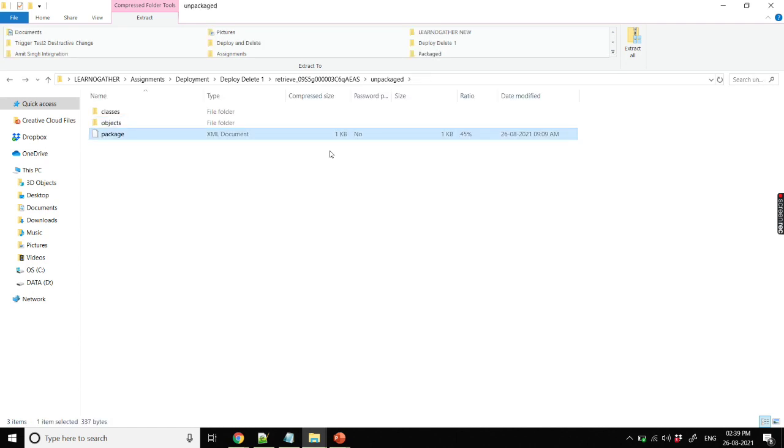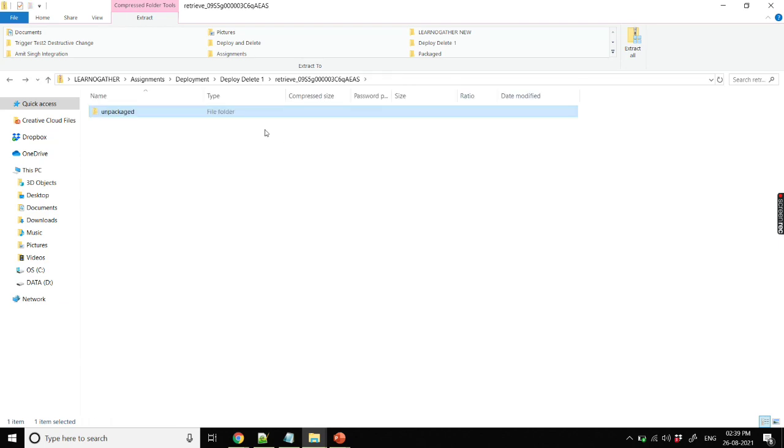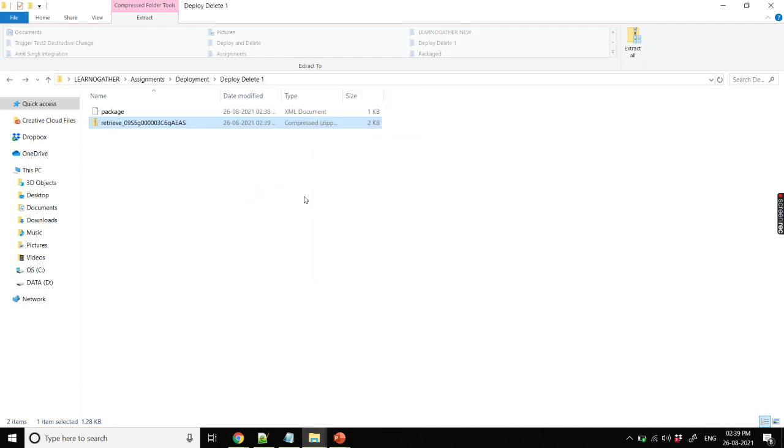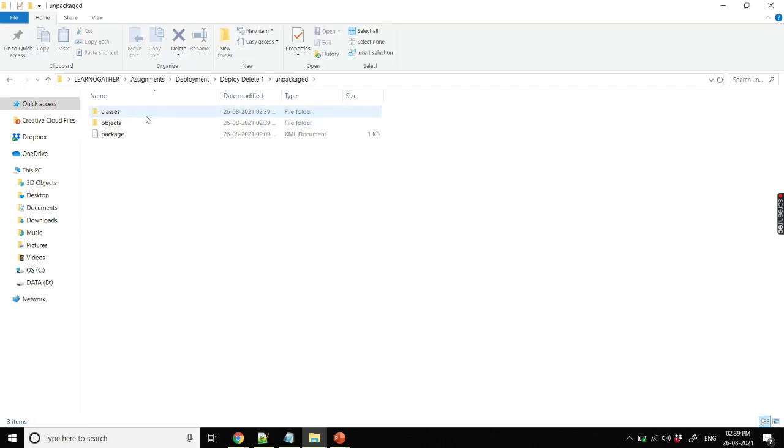This is the same package file which I created and showed you in Notepad++. Now I will extract this retrieved file here. I have got this unpackaged folder which contains the classes and object folders. It has the class which I retrieved, the auto number, and the object metadata, which is the account, because the custom field is of the object account, and this is the package.